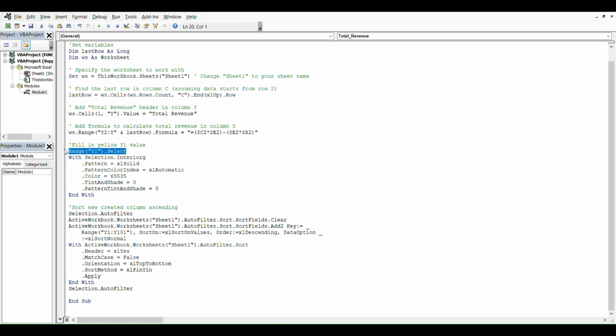Then we have the With structure for the range E1. For range E1 we want to have the color 65535, which is basically the yellow color, and with the With structure we can put all the values that we want to have in this cell, a color in this case. And that's it for With. And the last thing is to create the